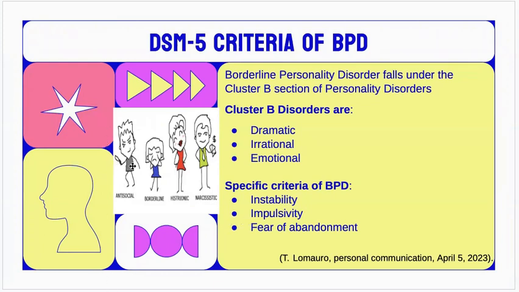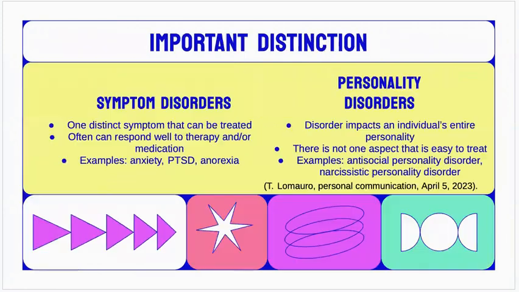Borderline personality disorder is definitely the most emotional of the four cluster B disorders. So here you can see all four. We have antisocial, borderline, the person is crying, histrionic, and narcissistic. And giving these criteria in comparison with these, it's easy to see why borderline personality disorder fits under cluster B.